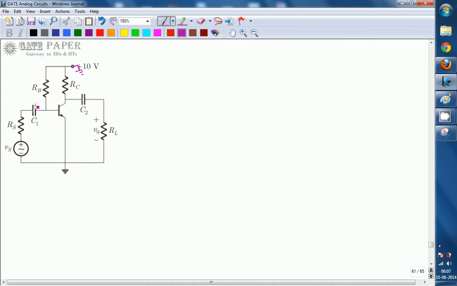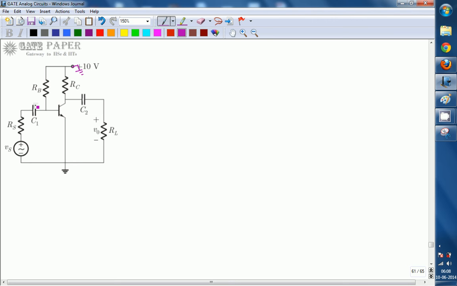The second reason why we are grounding: AC analysis means you are applying an AC signal, which is a small signal where the variations take place. For those variations in the AC signal, we look at how the output reacts. So wherever the variations affect things, that we have to consider. But the DC voltage source is a constant voltage source. The variations given by the input signal will not affect the voltage of the DC voltage source. It is going to be a constant, so there are no variations in the DC voltage source, and we need not consider it.